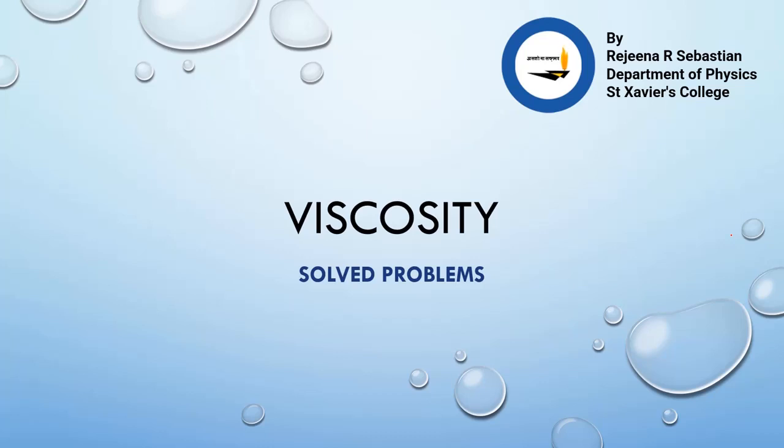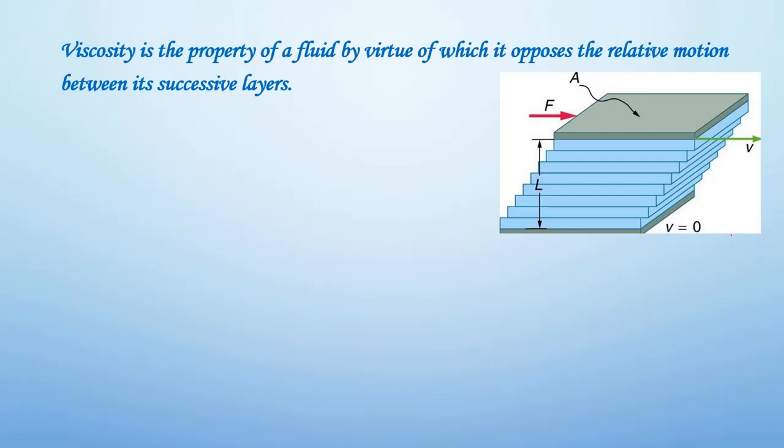Dear students, as we have completed our discussion on the chapter viscosity, let's try and solve some problems from the chapter. So, as we have already seen, when a fluid flows, it flows in different layers and there is a velocity gradient between the successive layers. That is, each layer of the liquid will flow with a different velocity and this velocity decreases or increases with